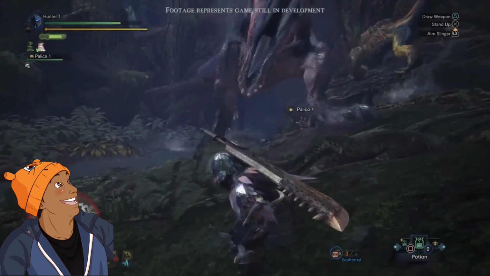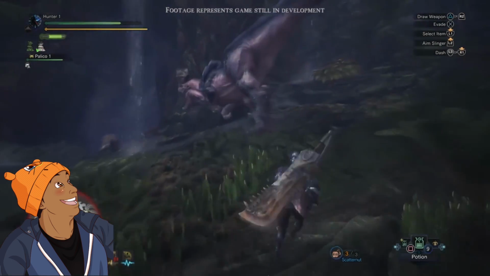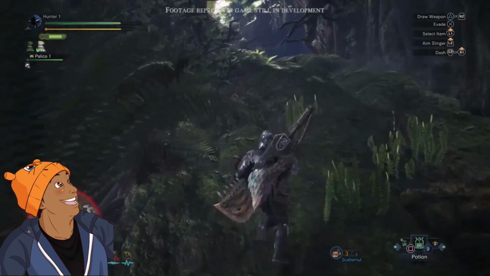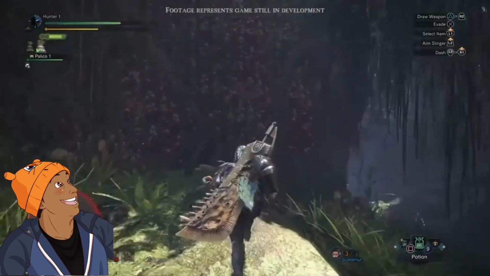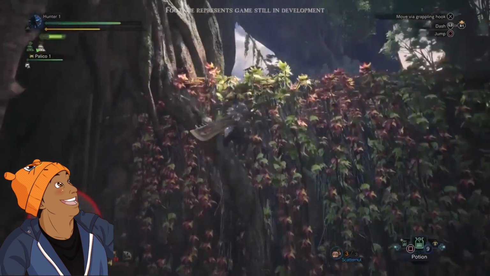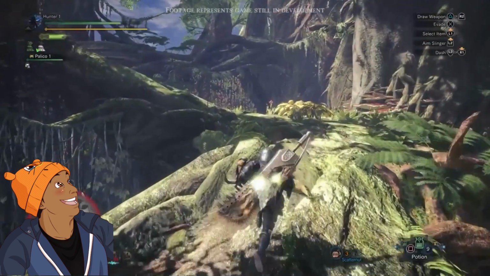Right here they're going to show it fighting. Oh, never mind, the Jagras didn't want to. Apparently not every monster that comes across each other is going to fight. It all depends on how angry they are at that moment, or how healthy they are. Which makes me believe that if the Great Jagras was weak and the Anjanath was at full health, the Anjanath would swoop in for the kill,